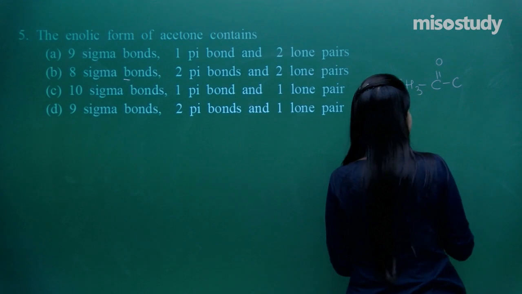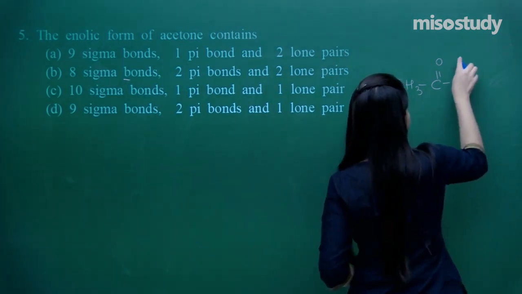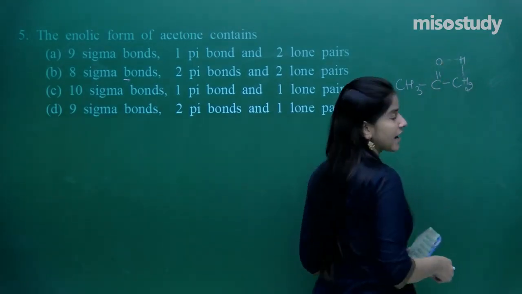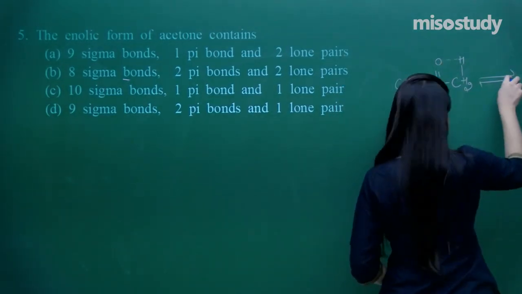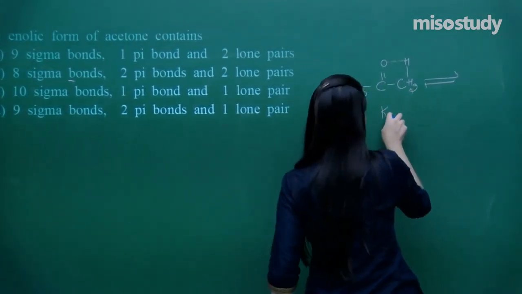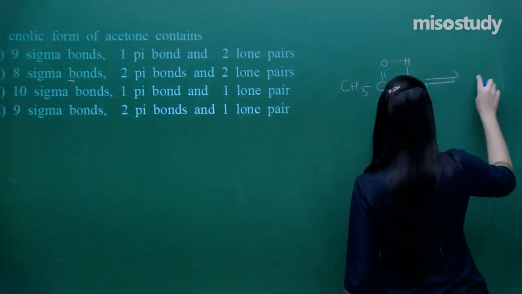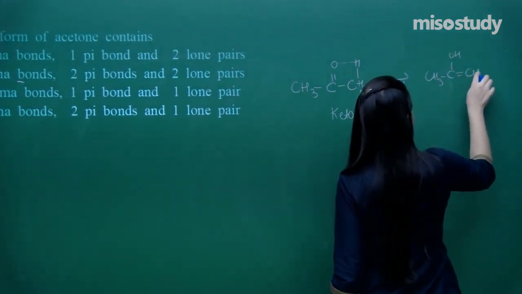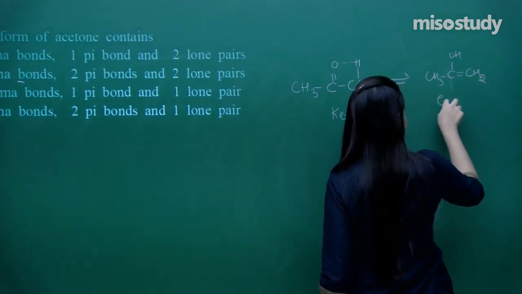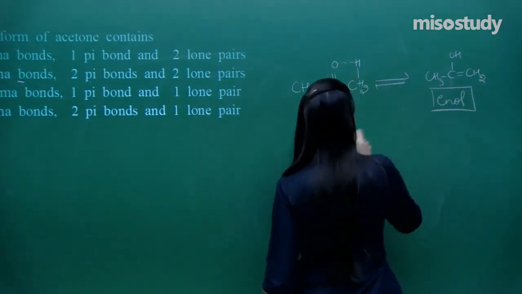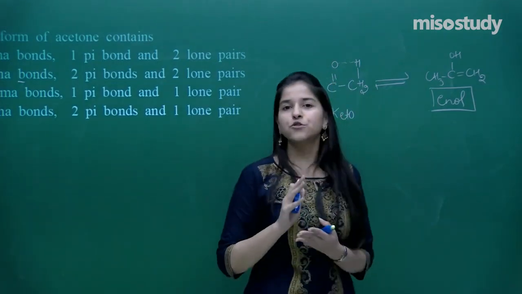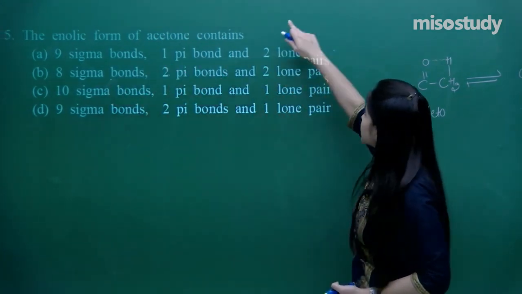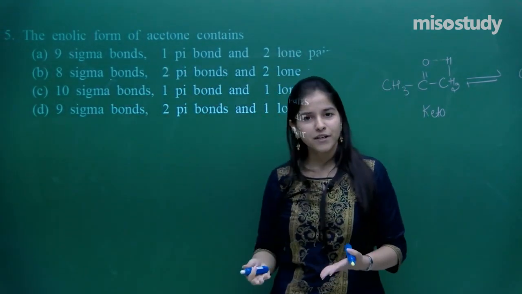Let me represent this in another way. The hydrogen, and that is how you are going to have an interaction which will result in the enolic form. That is the tautomerism that we are doing. So this is the keto form and we get the enol form. Pretty simple. Now we need to count what? The number of sigma bonds, the number of pi bonds as well as the lone pairs. So you need to find out that.